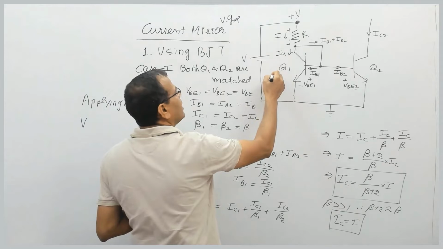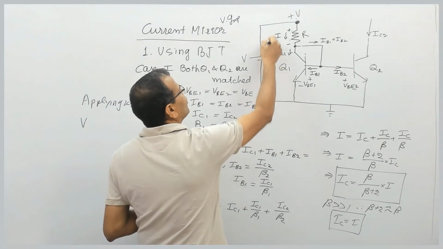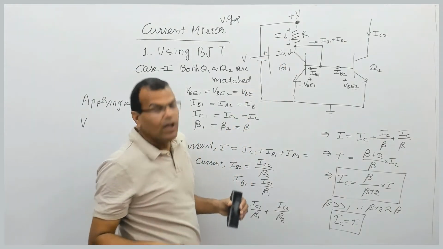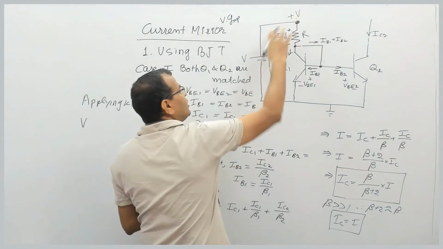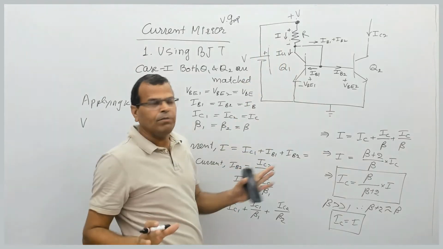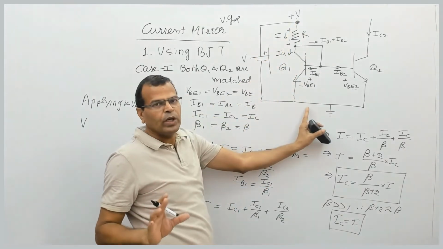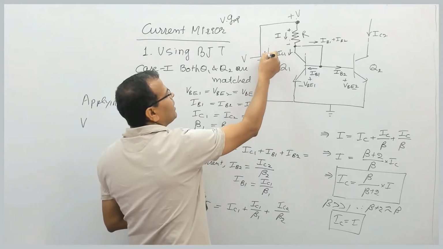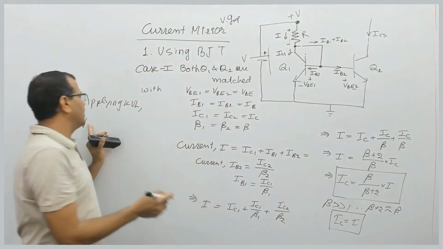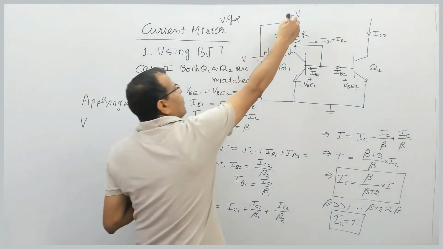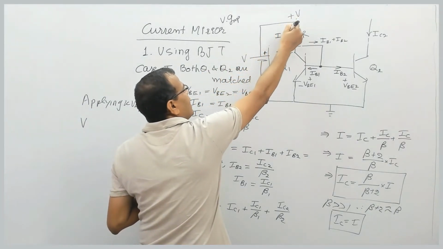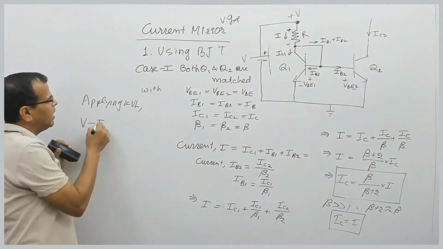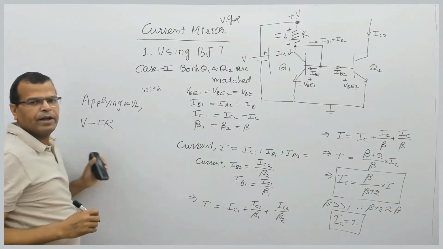So when you start like this, this is minus, this is plus, voltage rise, but this is plus, this is minus, voltage fall. So that node voltage or this battery is the same thing, because that voltage is with respect to ground. So when you apply KVL, I will take plus V here. Then when current enters the resistance, that end is positive, so this is voltage fall, so I will take minus I into R, right?